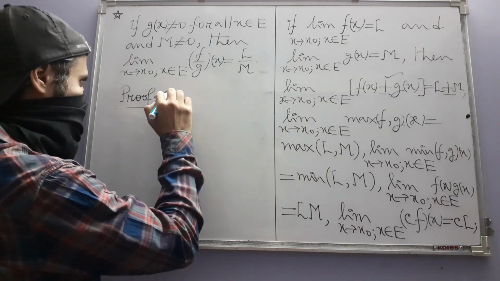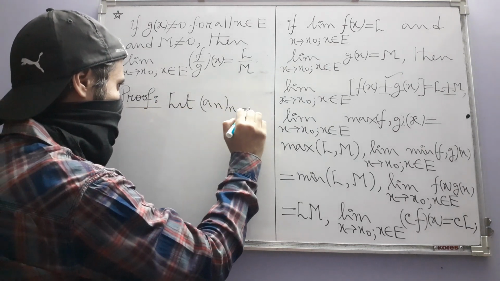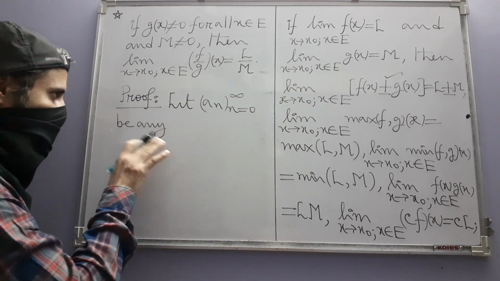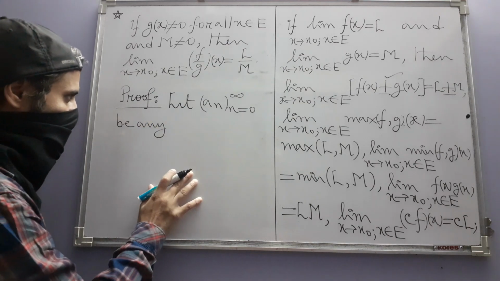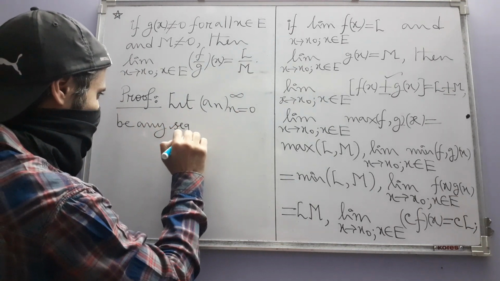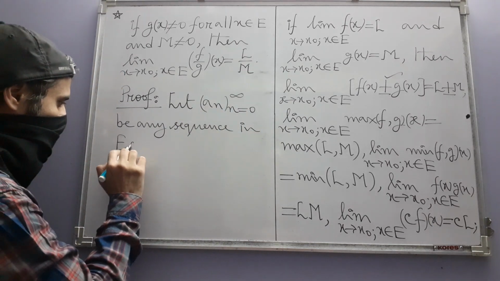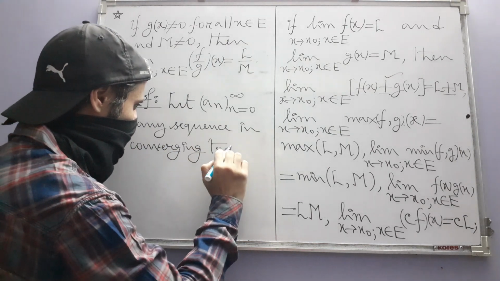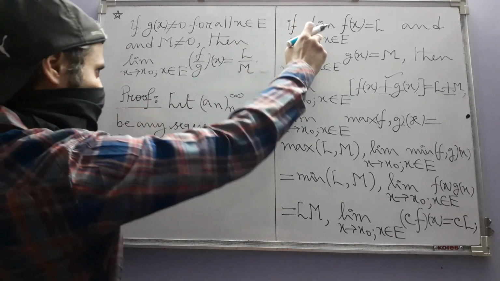So the proof goes like this: let an be any sequence in E converging to x naught. Then, because we already have these two limits,